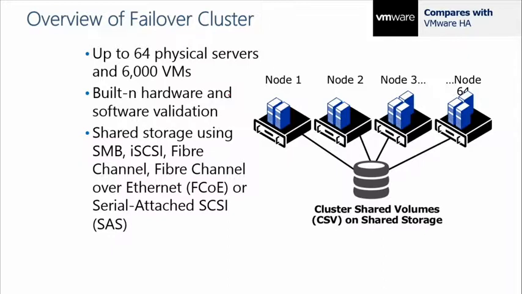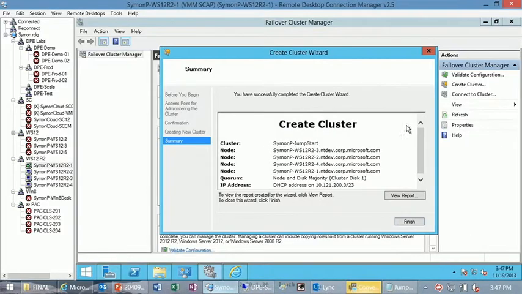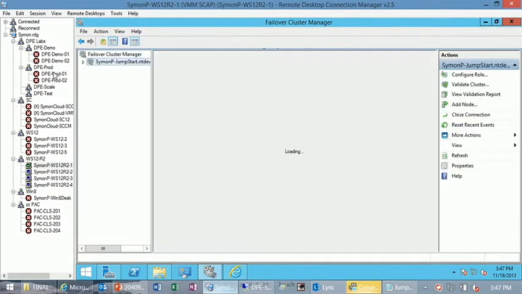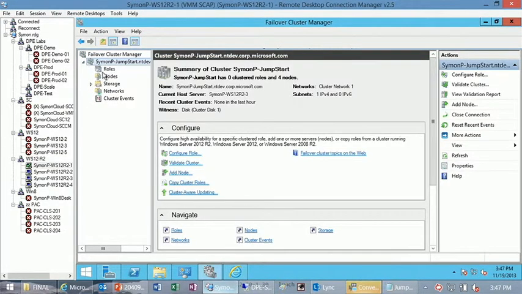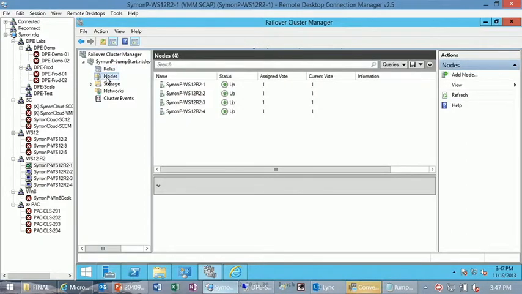And so the way we keep this consistency shared across all of our different nodes in the cluster is actually through the registry. If you go into a cluster, and we'll switch over to our demo here, I'll show you our cluster that we've already created. Switch over to our cluster here, click Finish. Now we've got our cluster up and running. What we're essentially doing for each of these 4 different nodes in the cluster is replicating our